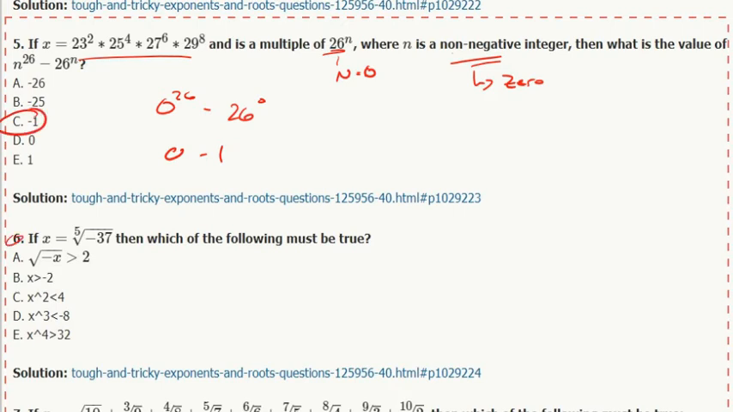Okay, 6. Let me get the nearest fifth. So 2 to the 5th is 32. So if I took negative 2 to the 5th, that would be negative 32. So x equals the 5th root of negative 37. That means